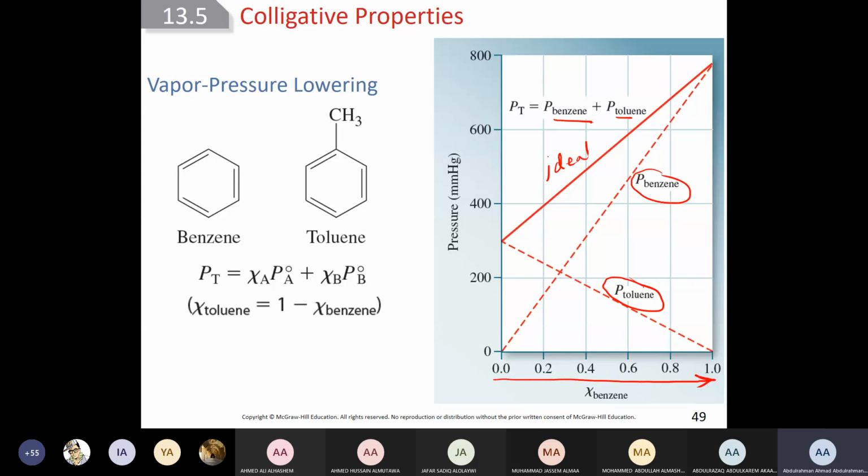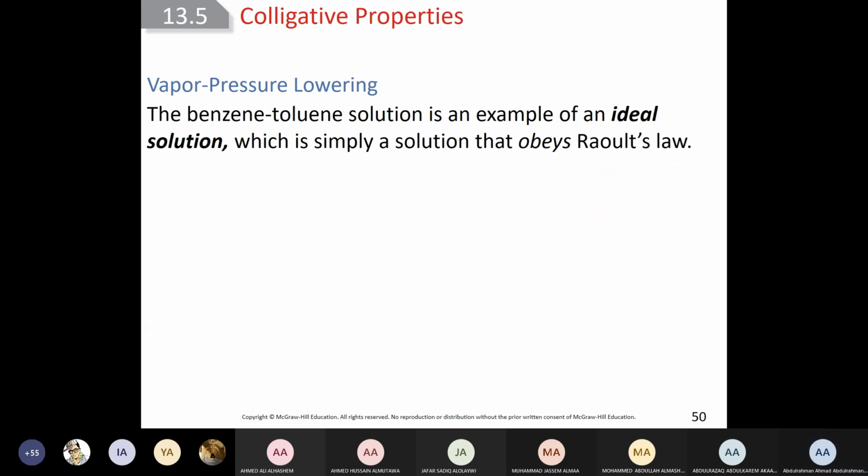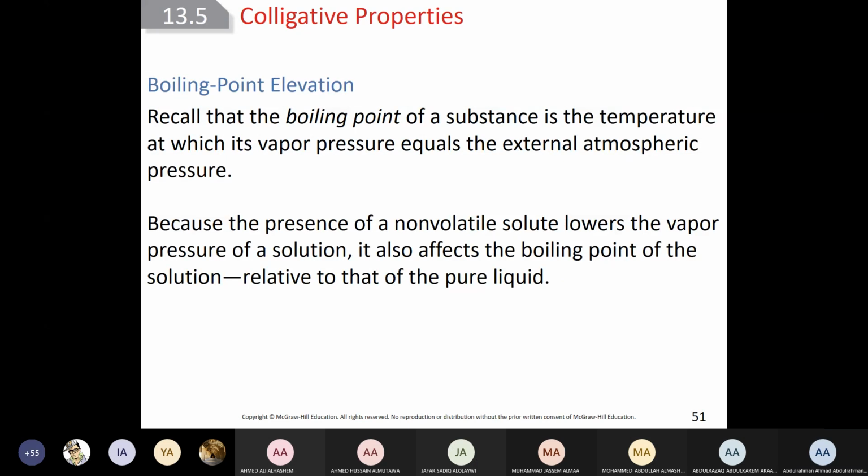Usually it is shifted either down like this or up like this, and in this case it will not be ideal. If it's straight like this, then this is called an ideal solution. Okay, good. Next,